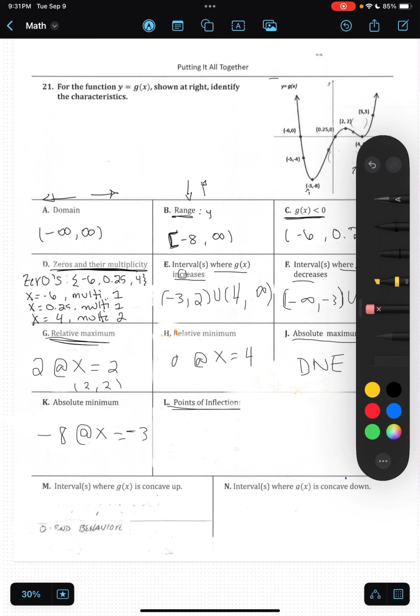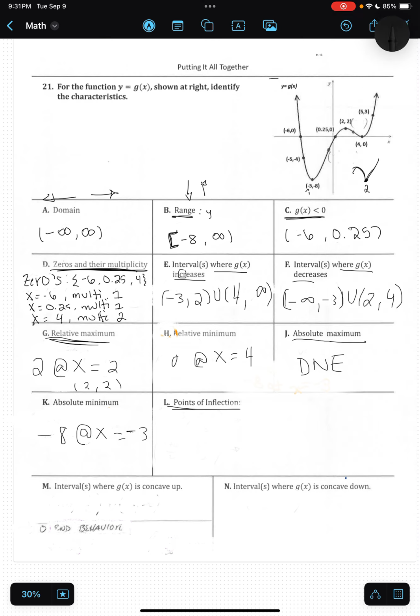Okay, so here we know our graph is going concave up, and then a point of inflection would be right here, and then it begins concave down, and another point of inflection would be right here because it starts going up again. So there's 2 points of inflection in this case, and we find the points of inflection by finding